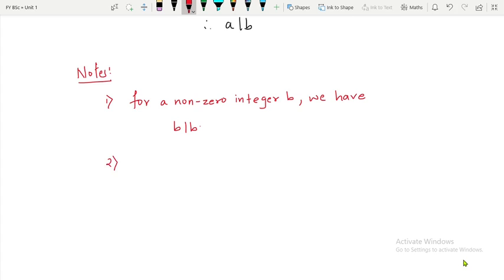Now if you think of some arbitrary number, let me say 100. So 100 is always divisible by one number. Can you guess it? It is 1, right? Because I will write 100, you are going to get 100, and the remainder is going to be what? 0. So this will always happen, right? So therefore 1 will divide B for any B belonging to Z. So this is always true.